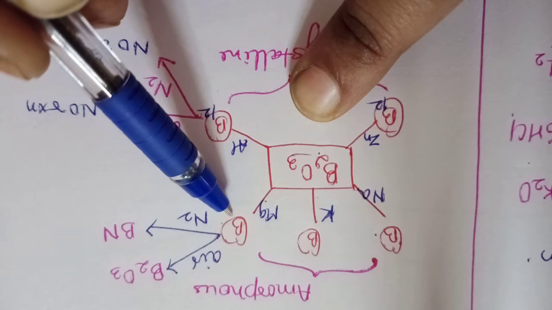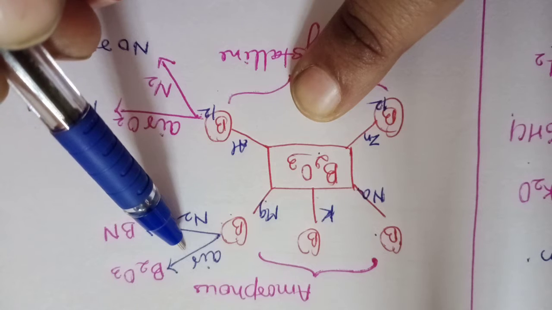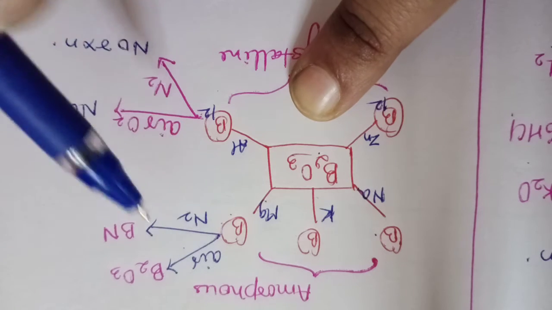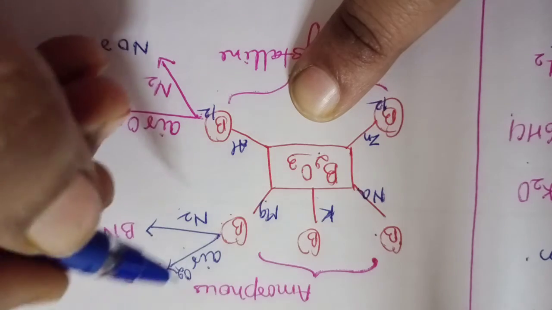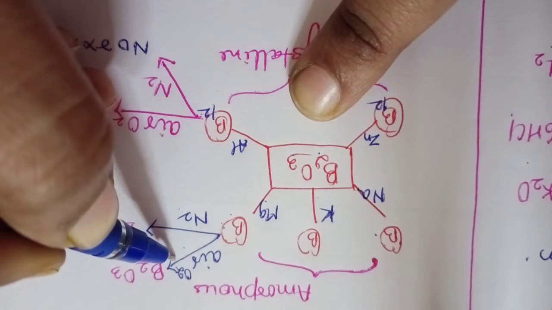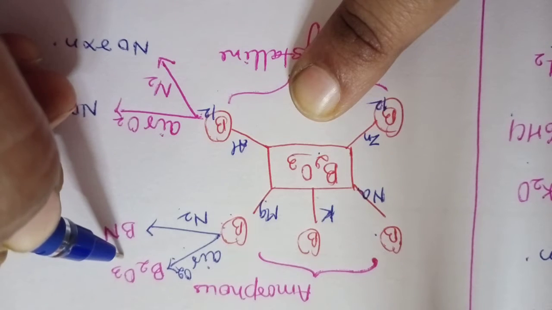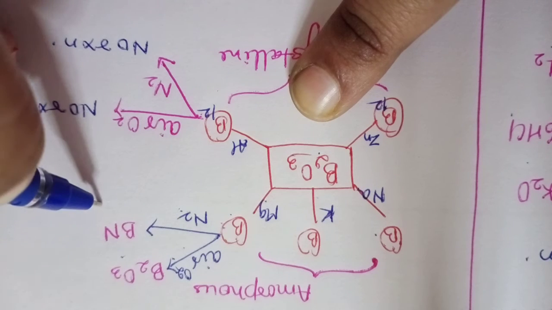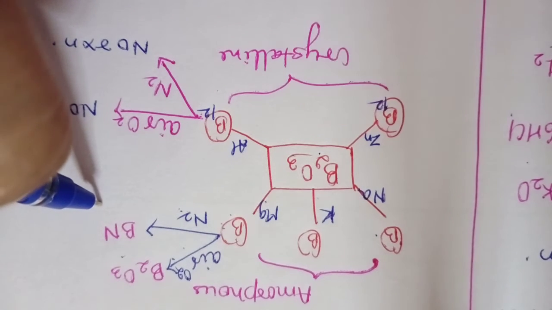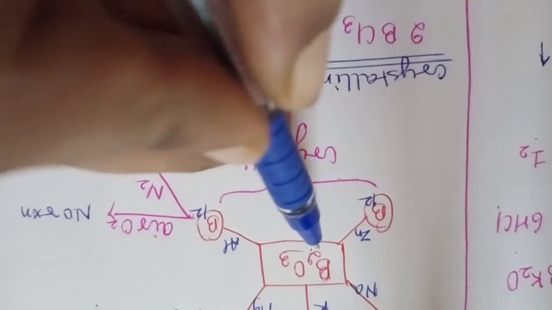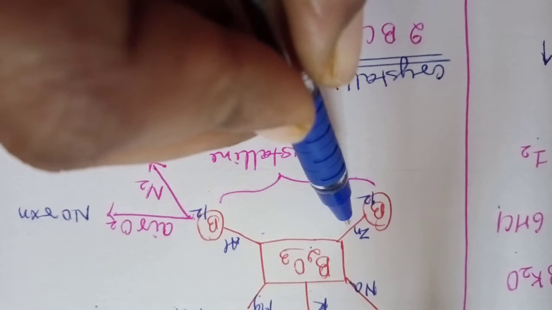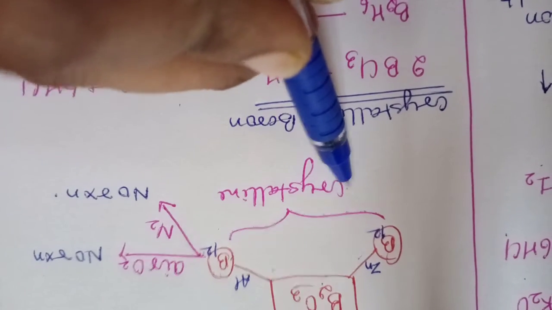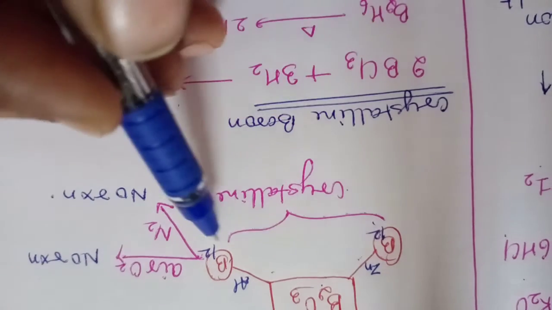And this pure boron, on further treatment with air, like in air we know that oxygen and nitrogen gas is present. So boron, when treated with air, gives boron oxide with the oxygen of the air, and boron nitride with the nitrogen of the air. Now again, if you treat B2O3 with active metals like zinc and aluminium, it gives crystalline boron. Crystalline boron is B12 form.